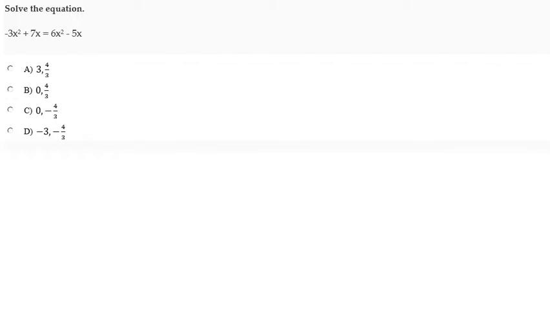Solve the equation negative 3x squared plus 7x equals 6x squared minus 5x. Now, the goal for solving an equation,